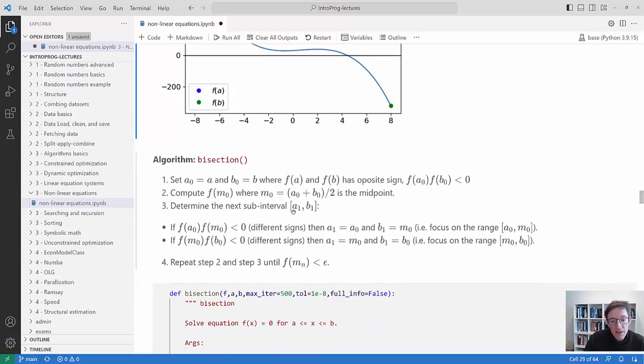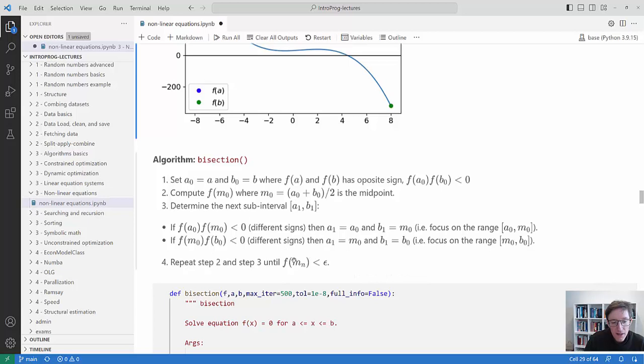And then we determine the next sub-interval we want to look at by looking at these signs. So if A and M have different signs, then we will keep our A, but we will update the B to the midpoint. So now we focus on the range between A and M, because we know that these are two numbers with different signs. Otherwise, if this is not the case, then we will look at M to B, because now M and B will have opposite signs, and we will repeat this until